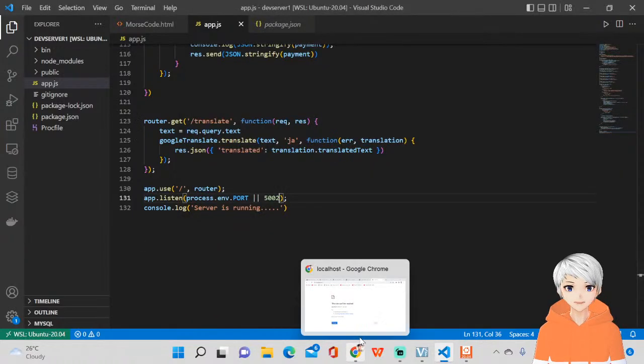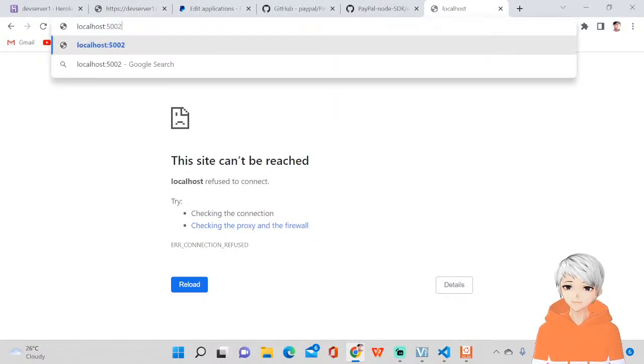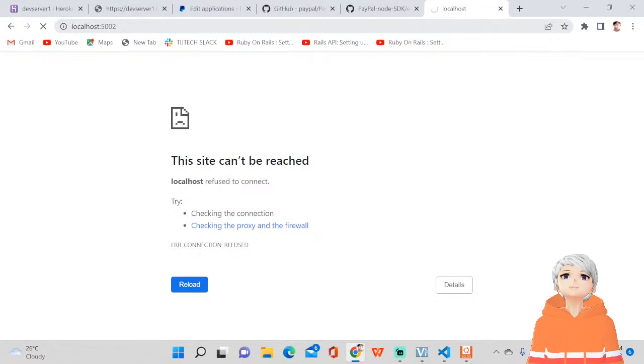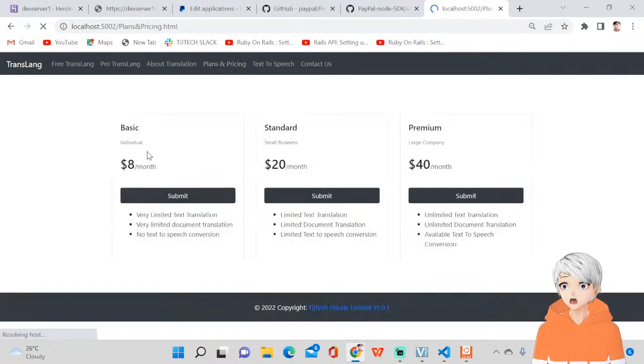Server is running. It's on port 5002. I think this was the mistake. I was trying to run it on port 5001. So this 5002 port is working. We can go inside the plans and pricing. When we click submit over here,